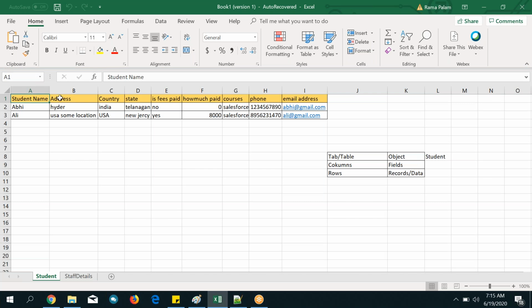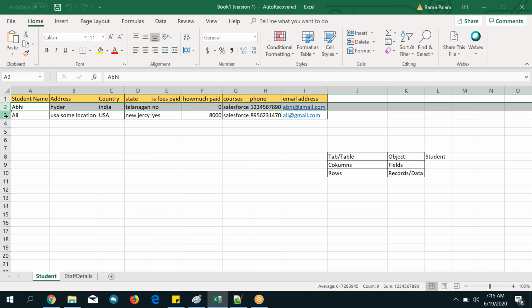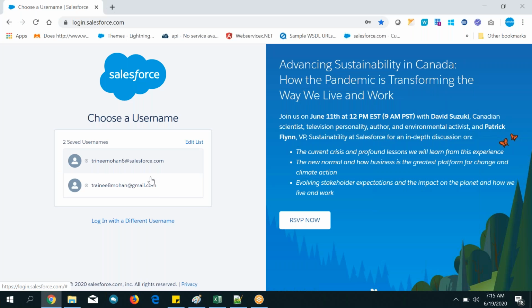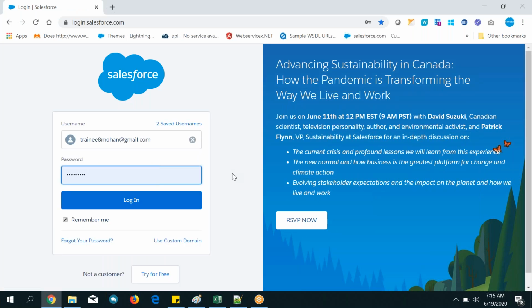Here we can see we have prepared some data to store. These are called columns in an Excel sheet, but if you compare with Salesforce, these are called fields. And these are called rows in an Excel sheet, and in Salesforce you call them records. So that's what we have seen, and after that we created